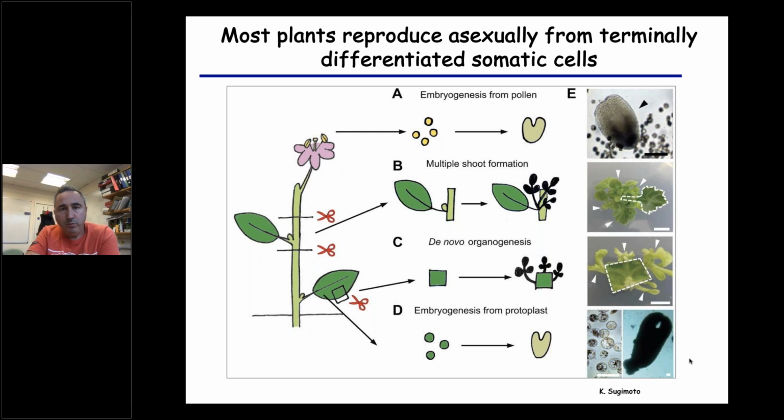So most plants reproduce asexually from terminally differentiated somatic cells, and I took this beautiful graphical representation from Keiko Sugimoto's review a few years ago. What you can see here is that plants can asexually reproduce from sexual organs, like for instance from gametes, and this can be done naturally. You can see here some samples of embryogenesis from pollen, but it can be induced as well. And this is the platform that is currently used to generate haploid plants and double haploids for breeding,